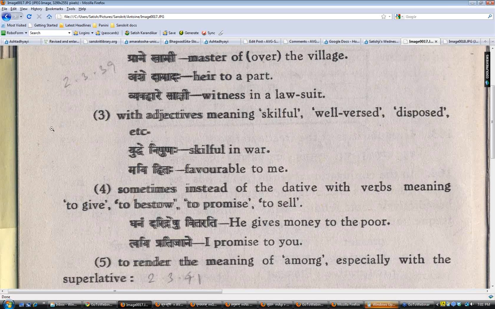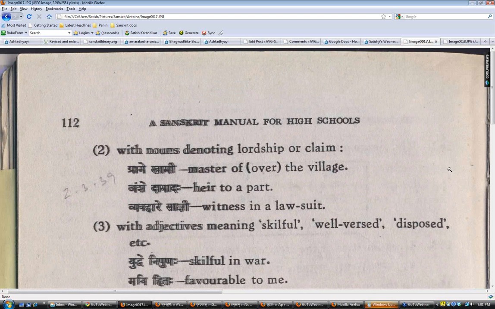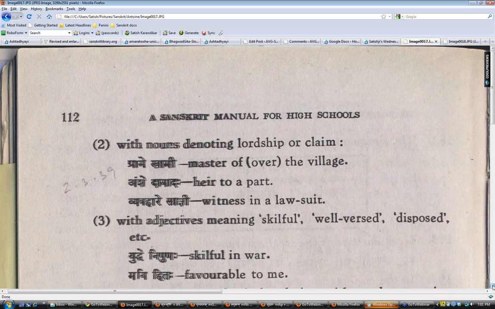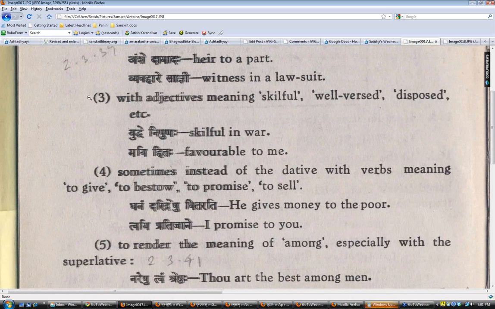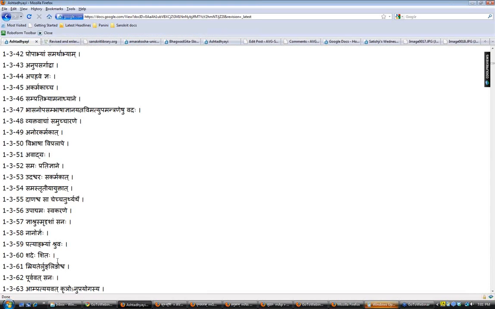So we are on this page. We were talking about Saptami Bhakti last time, which is the last one now in this book. So we are coming to the end of the Bhakti Vicharaha. It's on page 112. I think we covered everything except for these points number 3 and 4. Point number 3 and 4, just to refresh ourselves, is that any Vibhakti assignment, Vibhakti Vidhanam, is done only in the